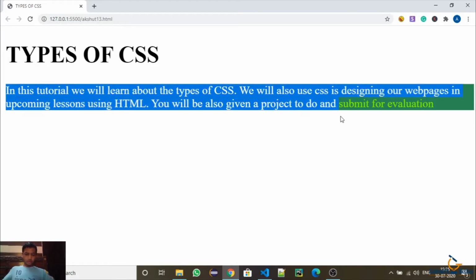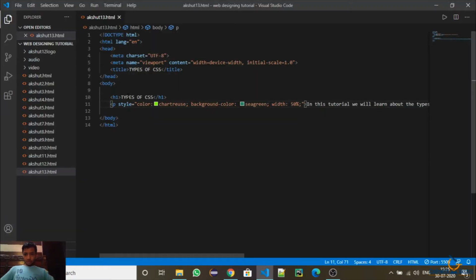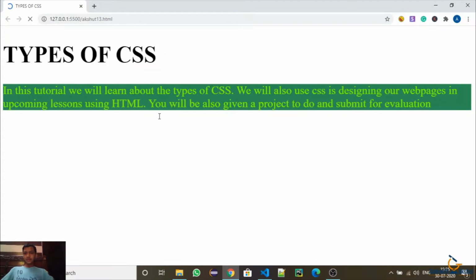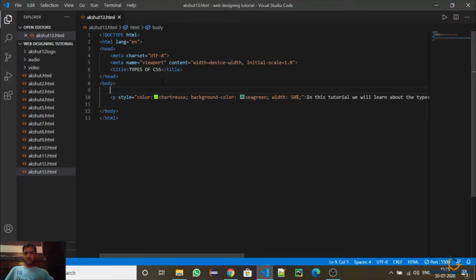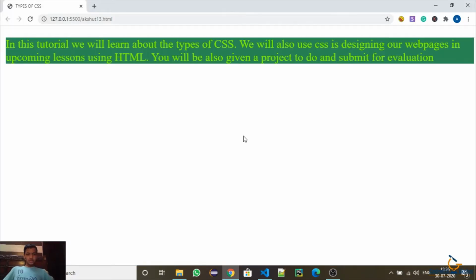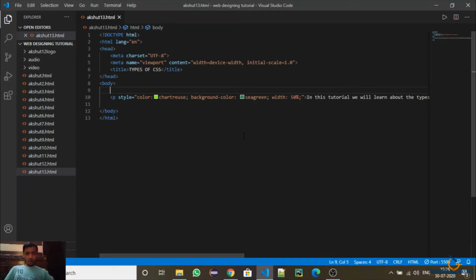Now what I will do is I will put this just for this paragraph, and I will remove this header h1. Okay, as you can see this. So I think you must have understood inline CSS.